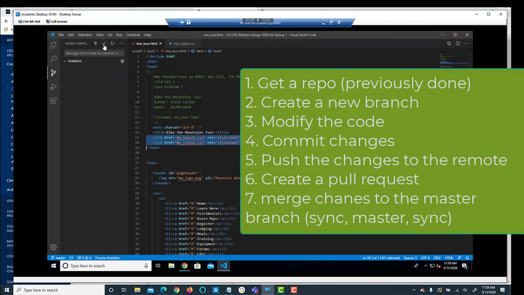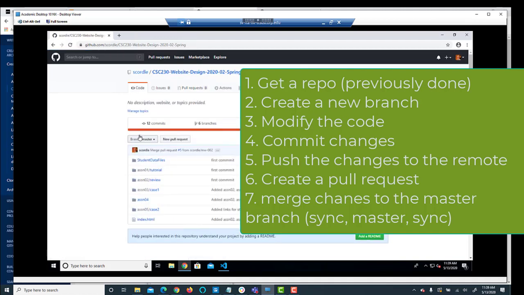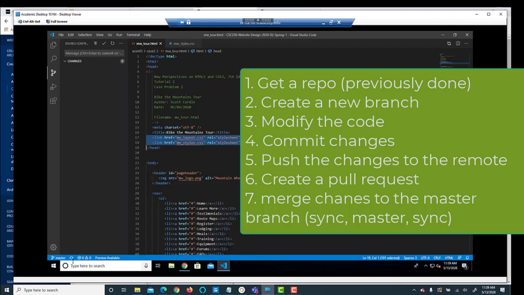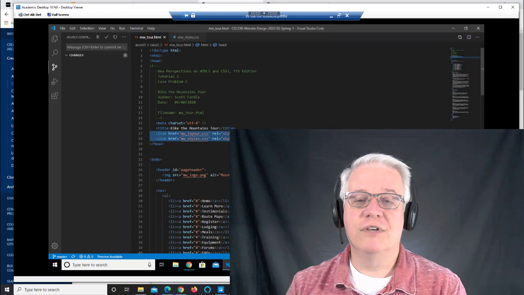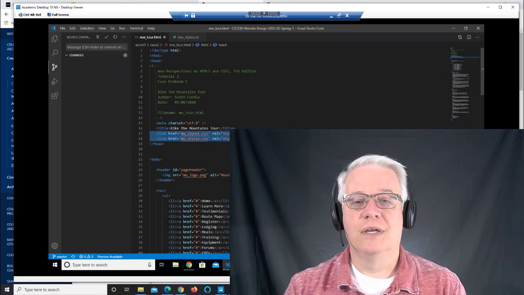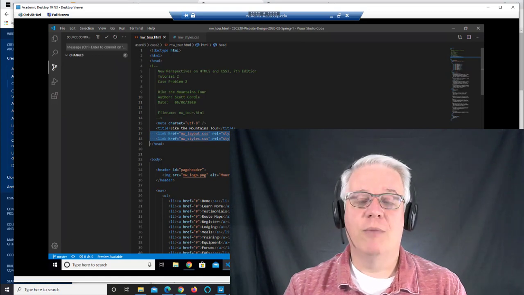Go over to source and commit is step number 4. Push those changes as step 5. Go out to GitHub. And remember, we'll come back to the main project and we'll do a pull request. We will create the pull request, merge it, and then come back to Visual Studio Code and sync, change to master, and sync again. And that's it for the 7 steps for dealing with version control in Visual Studio with GitHub. Again, this video covered all 7 steps,